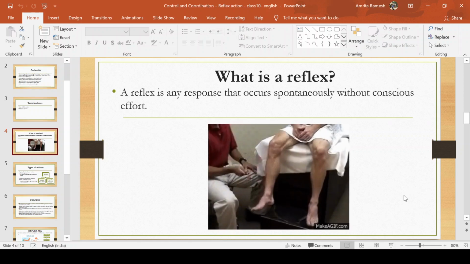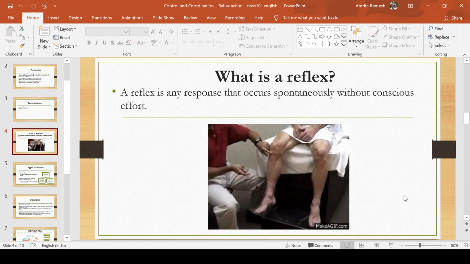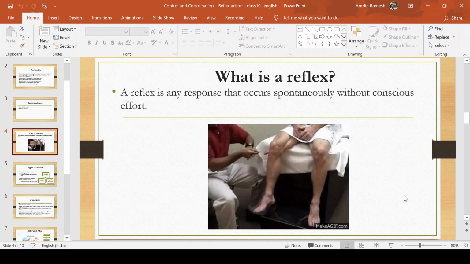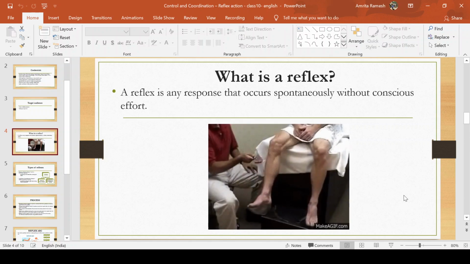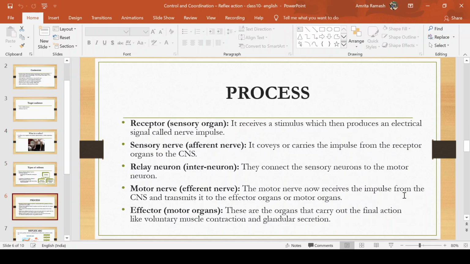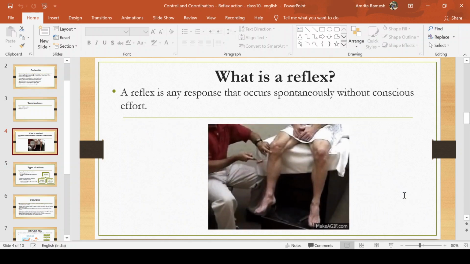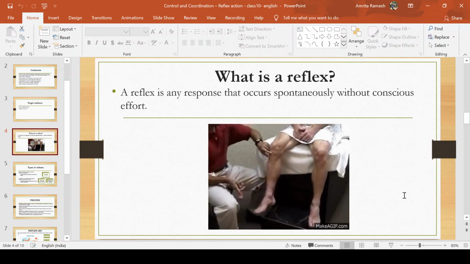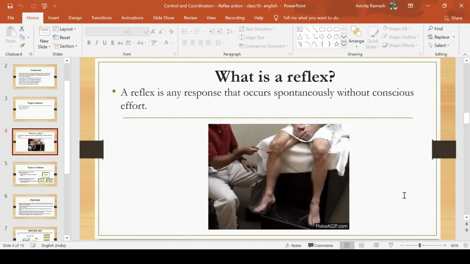When you hit that particular spot, it will immediately start flexing. That spot is what is very key in this. Very interesting. You can try it at home as well. But do remember not to hit it too hard so that you damage the knee. Do not try to do something like that.